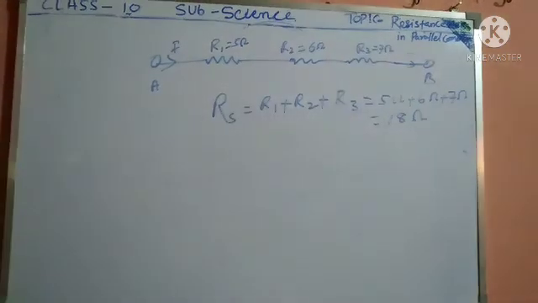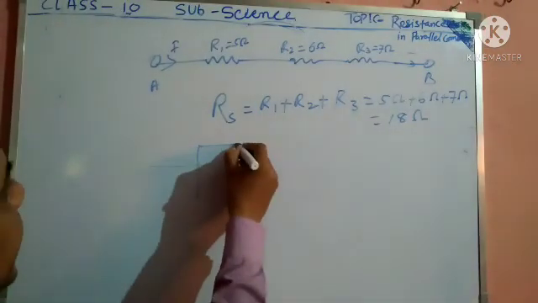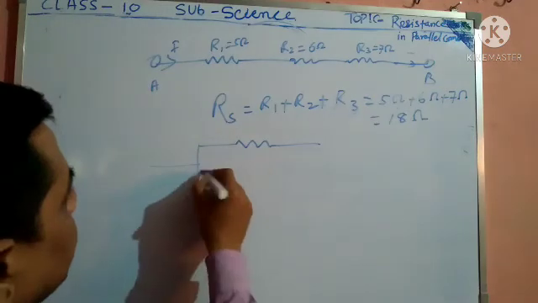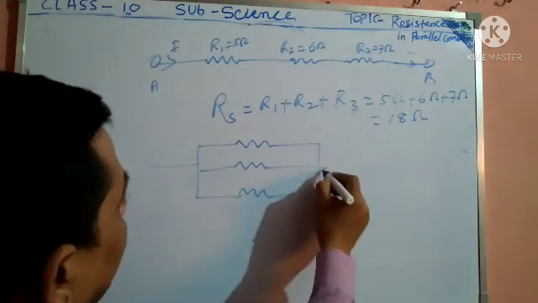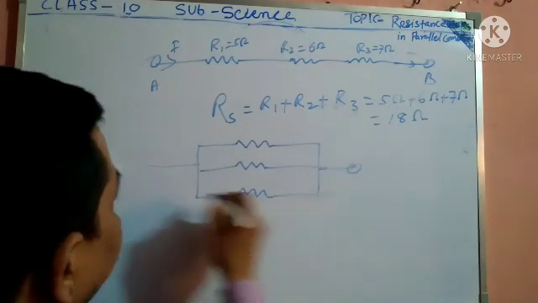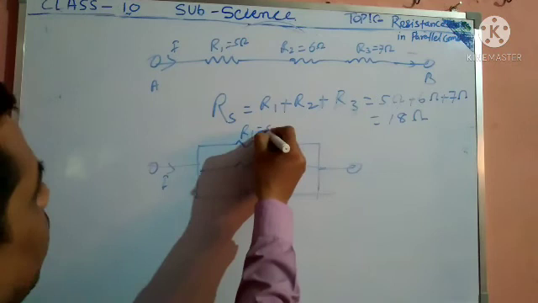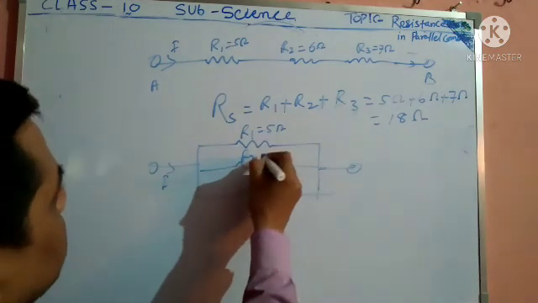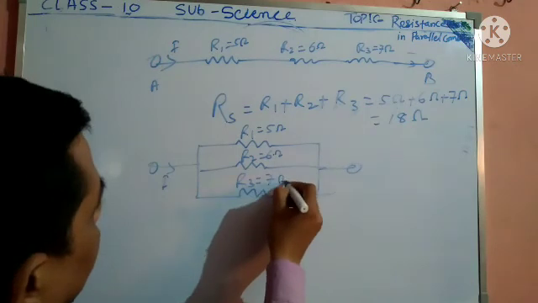But if these resistances are in parallel, with R1 5 ohm, R2 6 ohm and R3 7 ohm,